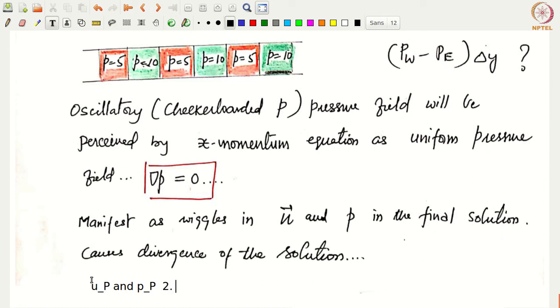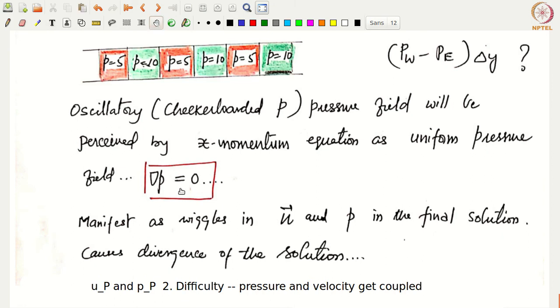Okay, so this is the second difficulty, that is basically the pressure and velocity get coupled, and in a sense they support this kind of checkerboarded patterns in velocities and pressures, which will manifest into divergence of the solution eventually. Okay, so this is the second difficulty. The first difficulty we saw was that there is no equation for pressure. The second difficulty is that the pressure and velocity, because of their coupling, together may support checkerboarded velocity and pressure patterns in the final solution. Okay, so that is the other difficulty.